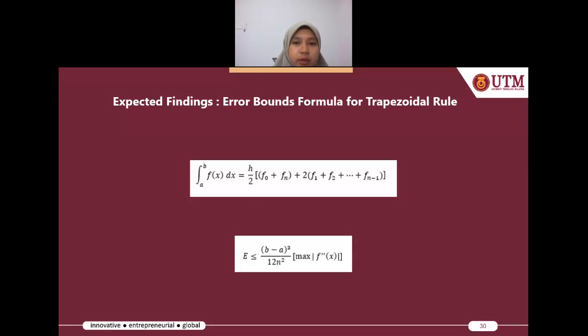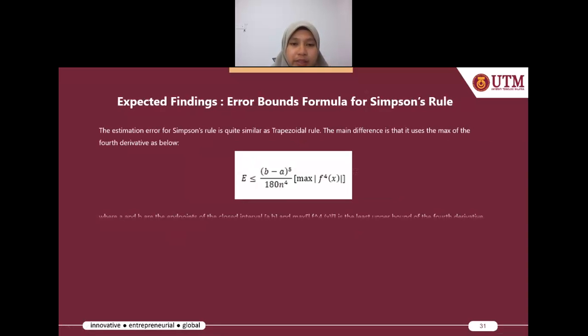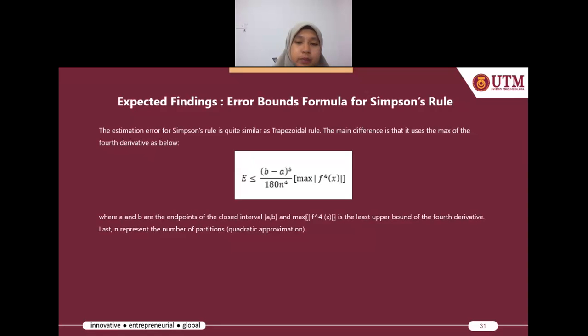In the fourth chapter we discuss the expected findings. First is the error bounds formula for the trapezoidal rule. So this is the common trapezoidal rule, and then the estimation error is below. For the trapezoidal rule, we differentiate twice. Then the error bounds formula for Simpson's rule